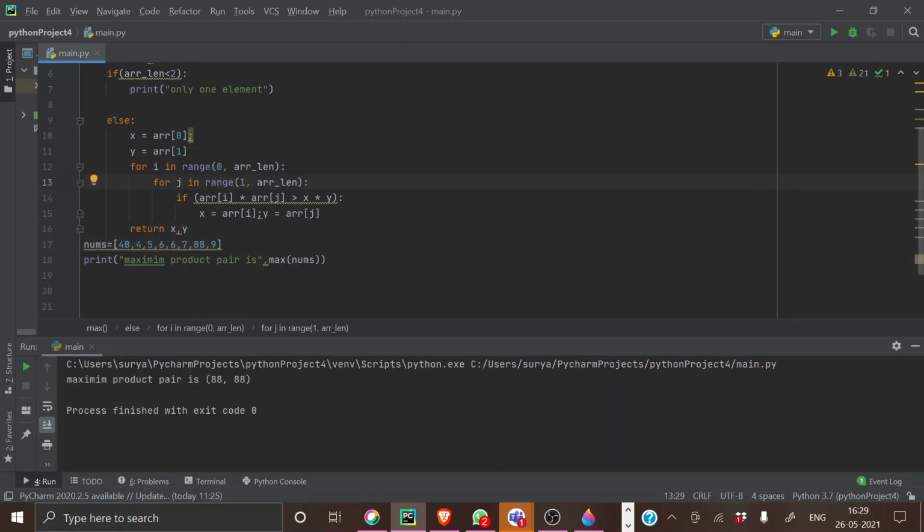Yes, it's simple. I just missed it. If I'm just giving it, I should have given i plus 1. Now I'll be getting it properly. See, got it? Because if I'm not giving i plus 1 here, it is just comparing the last element with this. So even if it goes to a point where j will become n plus 1, we'll be getting the proper output. You got it now? What mistake we did?